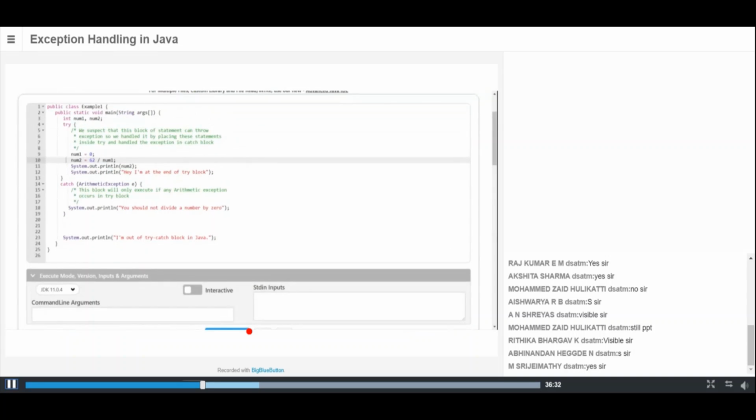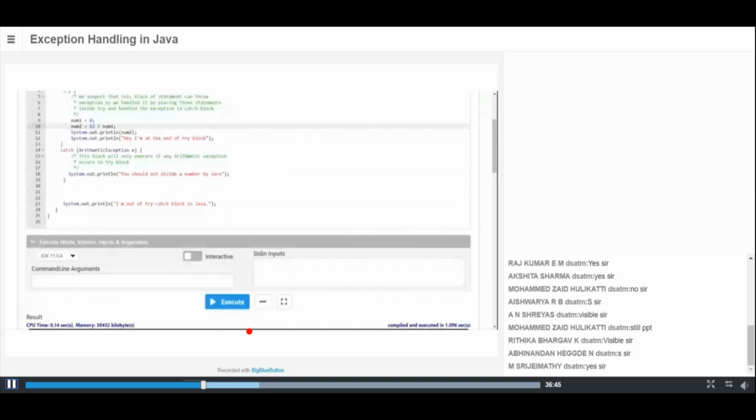So how have I handled it? I have written two important keywords: one is try, another one is catch. In try, I put whatever may cause the exception. In catch, I handle it. Don't think too much about that; just write down any error messages or something like that. If any situation comes, you put in your own messages.